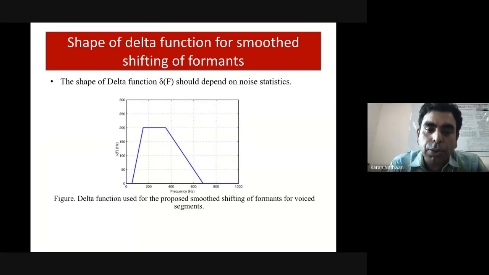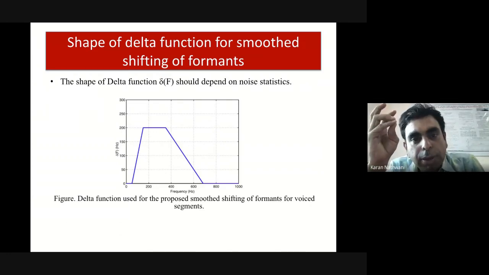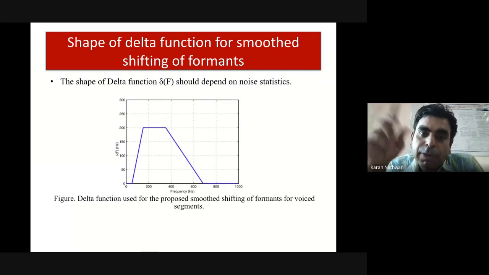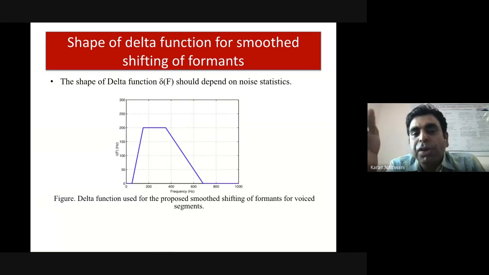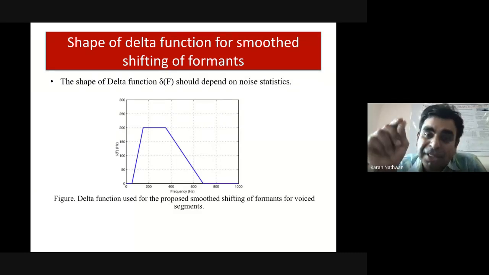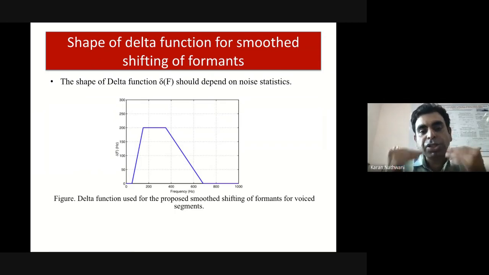Before that, I just want to tell you which delta function I have used compared to the previous method. We have seen three different delta functions. One was smoothed, that is your black curve, if you remember. One was red. The black one was a smoother function, second, and one was RM. So we didn't use RM and we didn't use SM. We used the best one, that is your smooth function, second. This is what we have taken in this case, because now we have got an idea which delta function is coming out better. So I just took that one.